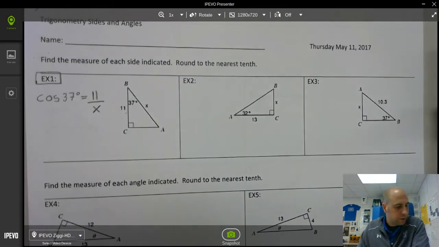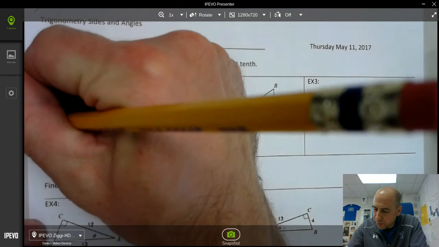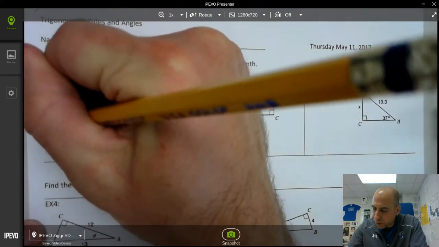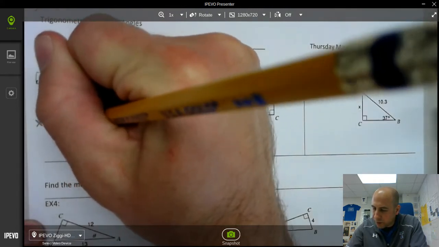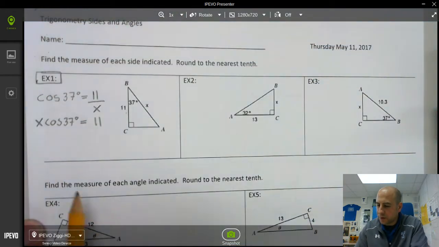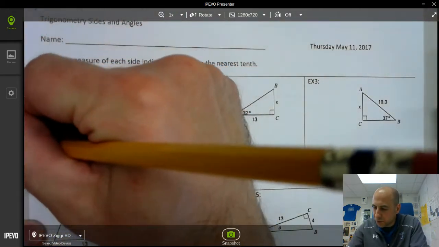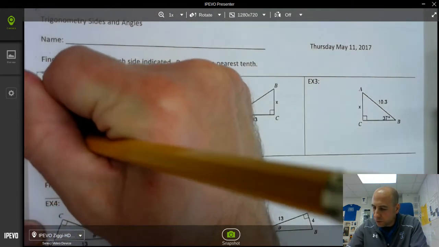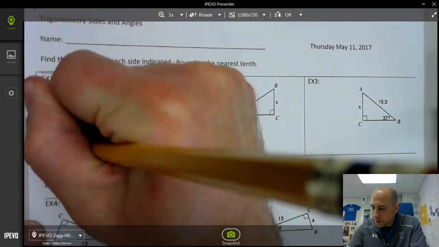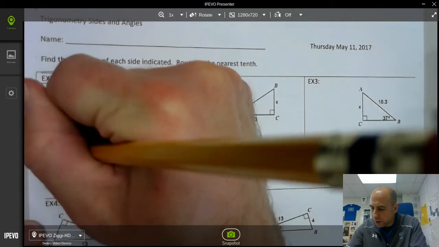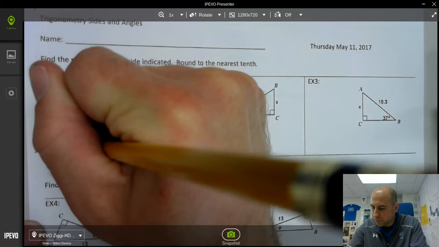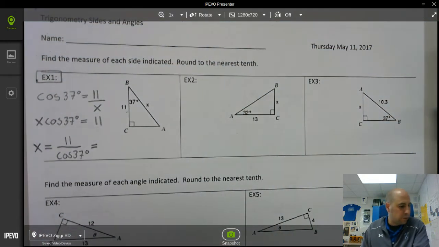Step 2 says substitute into the trig ratio, which we did. Step 3, solve to find the length. So we're going to cross multiply, so we get x cosine of 37 degrees equals 11. Divide by cosine of 37 degrees, so x equals 11 divided by cosine of 37 degrees, which equals,